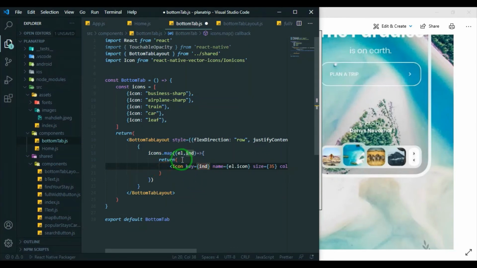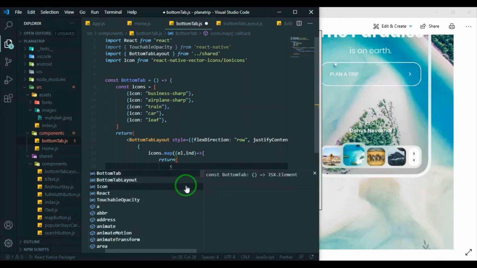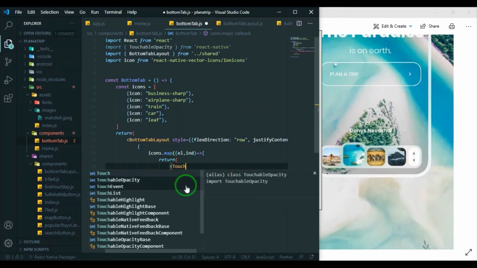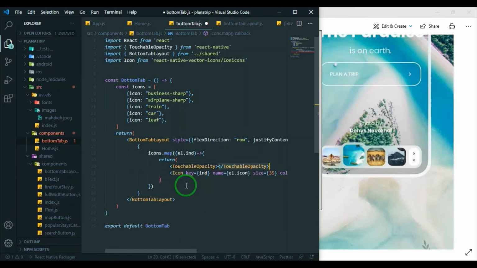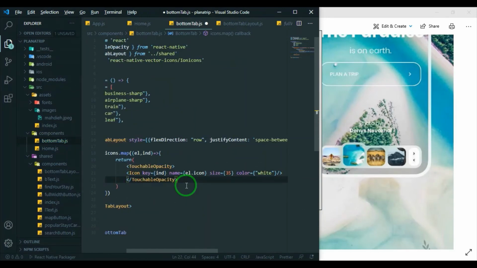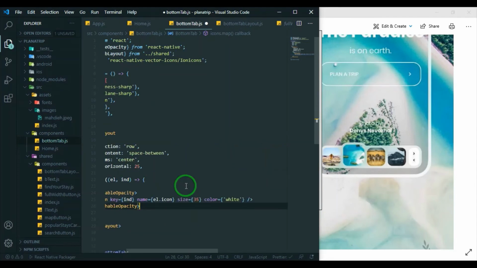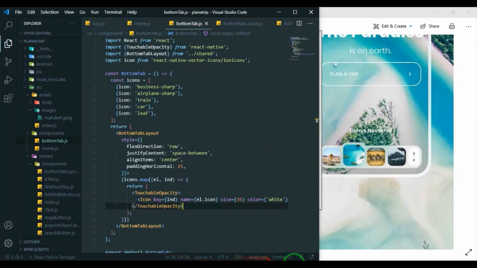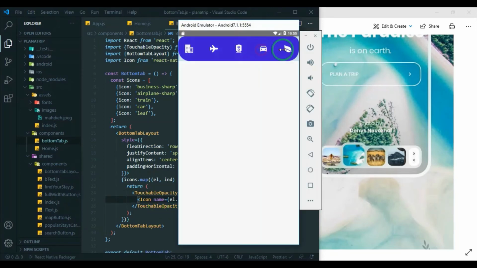So for making these icons touchable, I wrap them in touchable opacity. You see that nothing changes in the screen. But don't forget to move this key index to the wrapper. Now they are touchable,